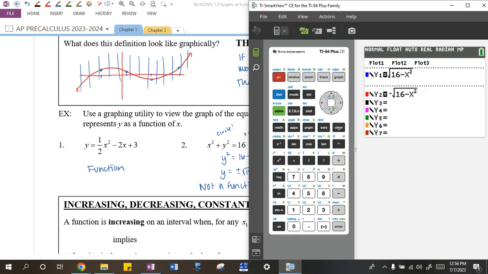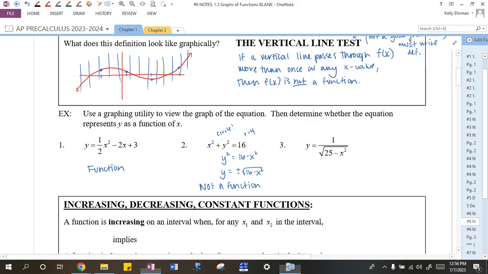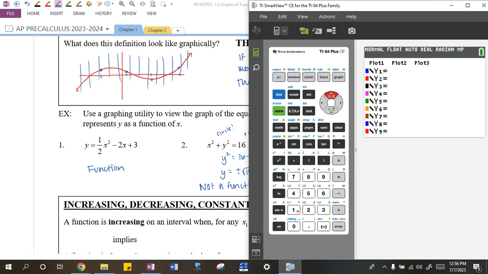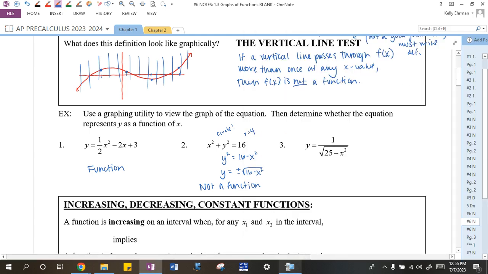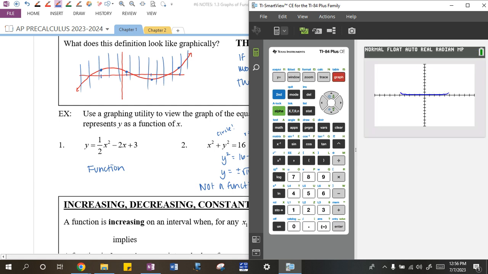Okay, and then go back to y equals, clear those two equations out. The last one was 1 divided by the square root of 25 minus x squared. This one looks kind of weird, right? But does it pass the vertical line test? That answer is yes,